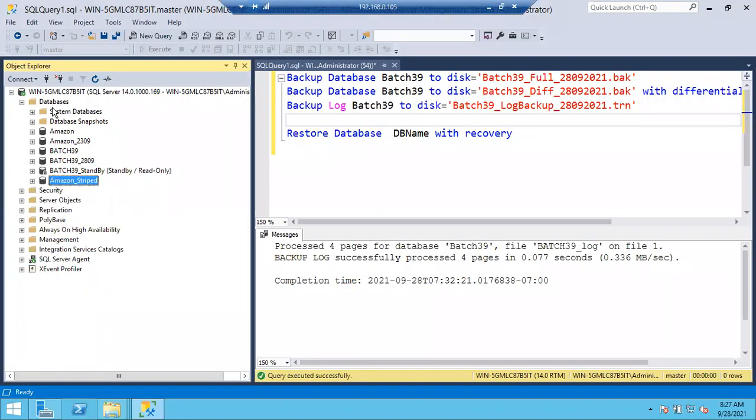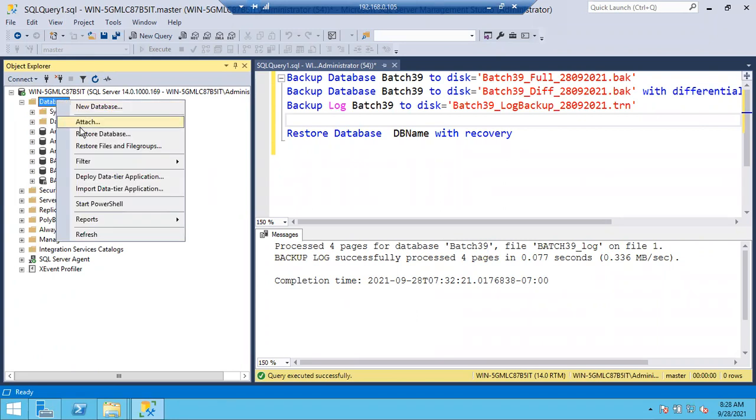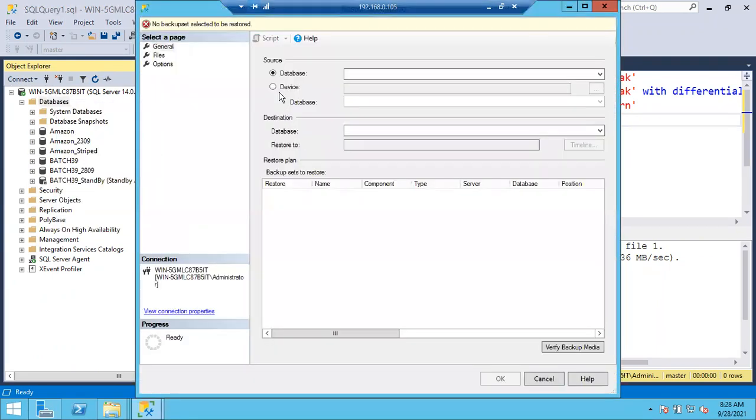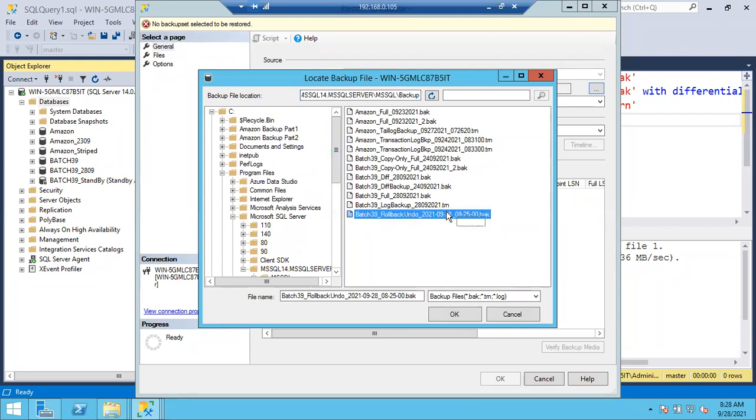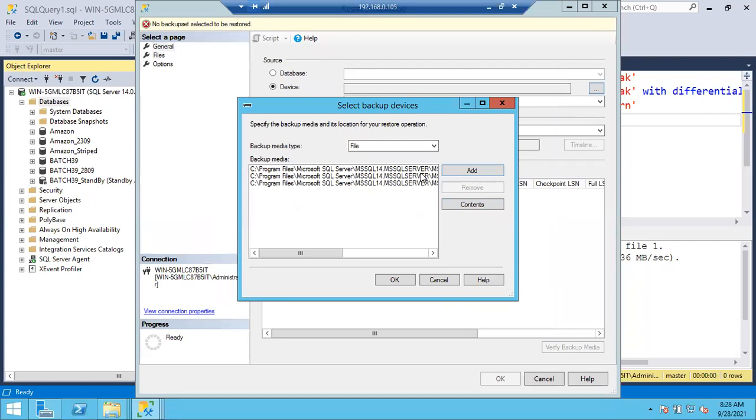those two files. While adding the files, you can select at a time. How to do that? Right click, restore database, device, and browse, and add. Here you have to add multiple backups. If all the backups are in the same location, you can simply drag them and click OK. But if you have selected wrong ones, remove them. Those are not correct backup sets. Just for demo purposes, I selected those.